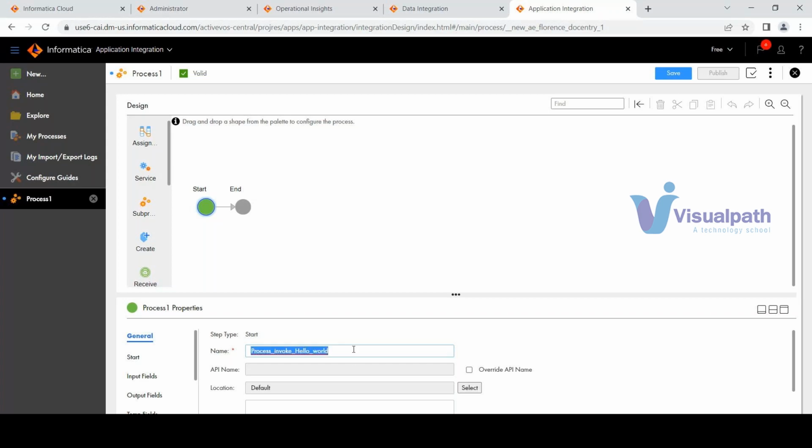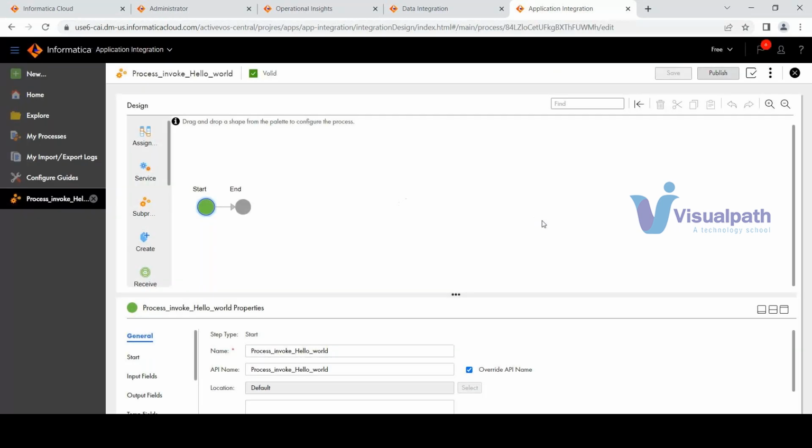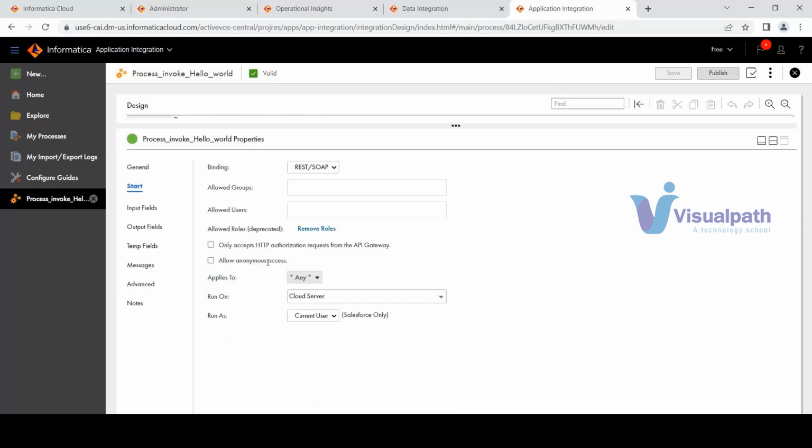So let me copy this and click on override API name. The same name I'm going to provide. Click on save. Now, to invoke a process called hello world, there is a start step here. In the start step, there is a binding called REST or SOAP binding, because it is taking that protocol,